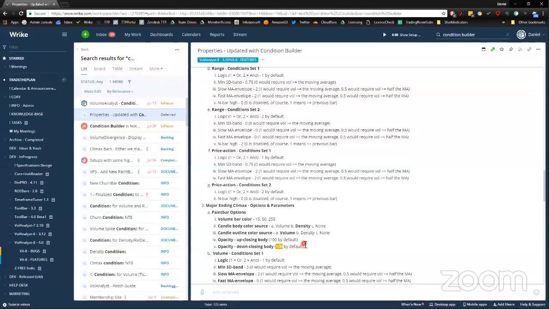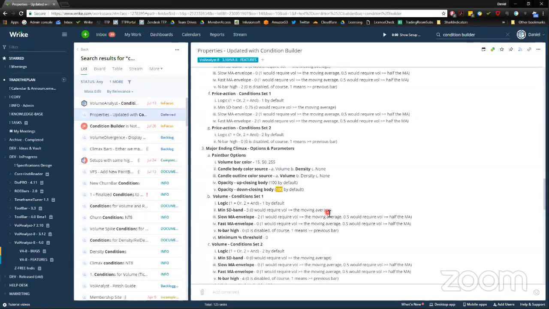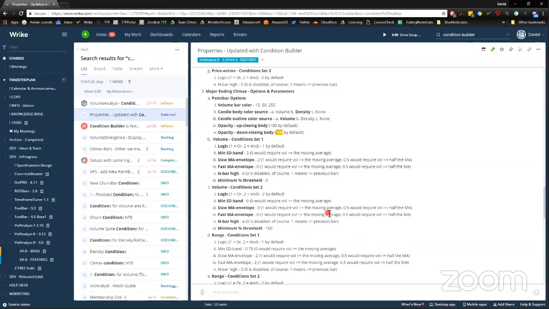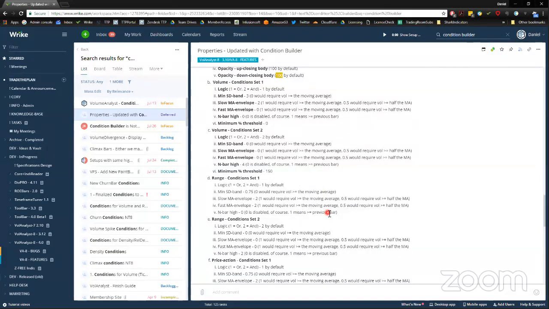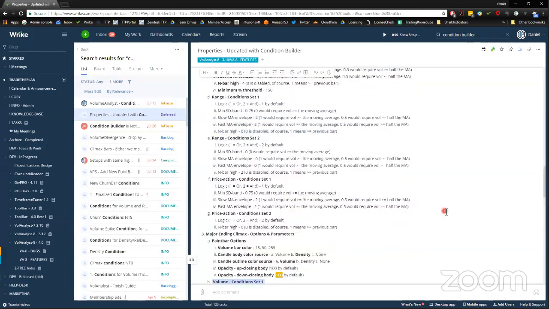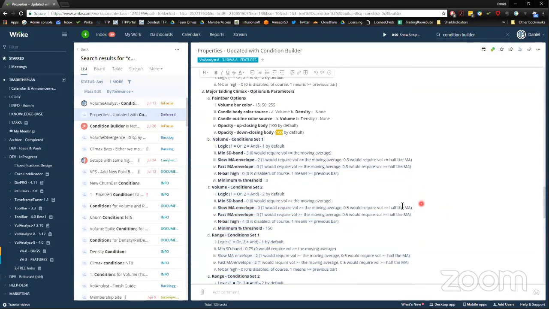Maybe you have a support resistance indicator that you only want to allow climax bars that are touching it. So we'll attempt to do that. I think we probably would be able to do it, but I just know how finicky stuff like that can be. But anyway, we're going to have it all built out where we can get very specific with it,